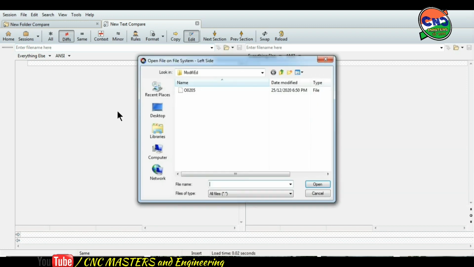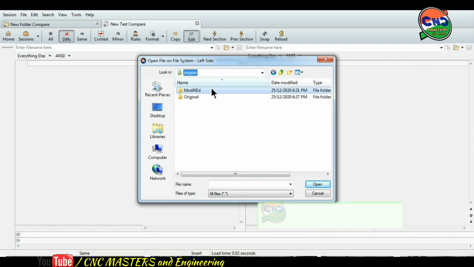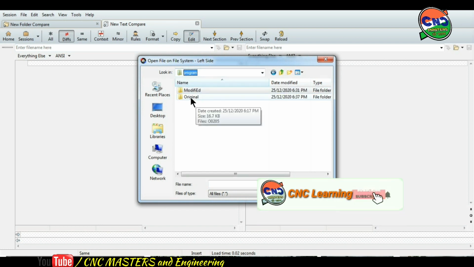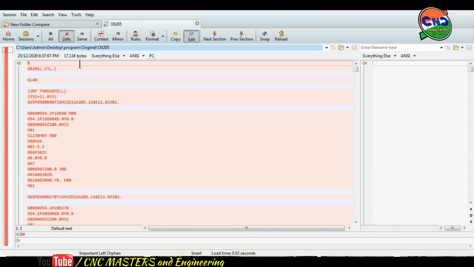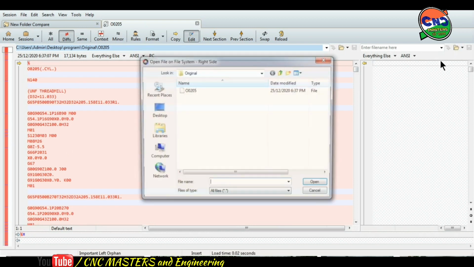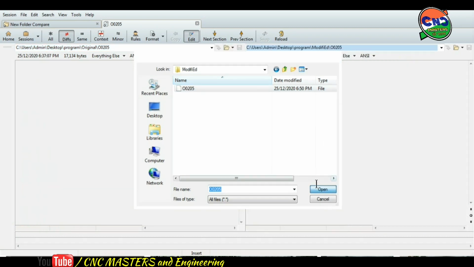I choose my folder, open the original, then select the second program, the modified one, 205, and open.